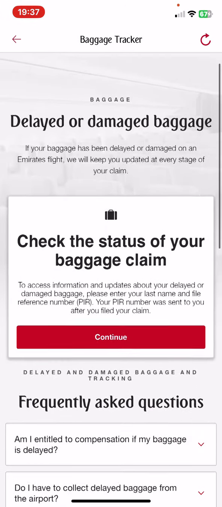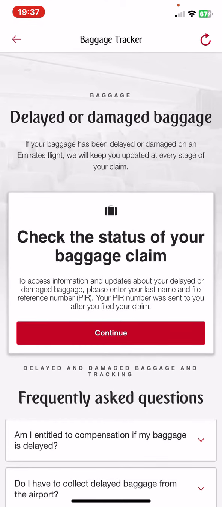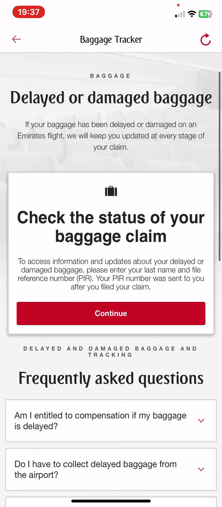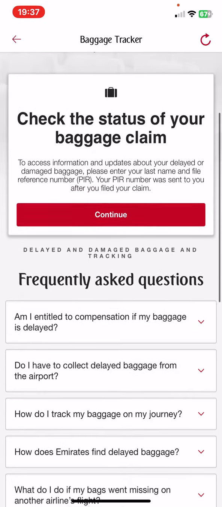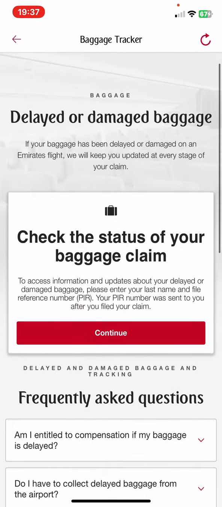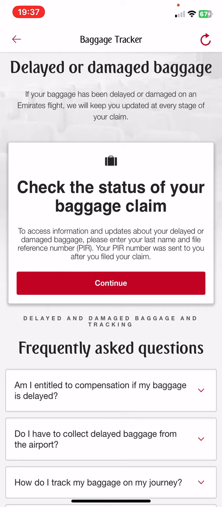And as you can see, this page will help if your baggage has been delayed or damaged on an Emirates flight, and they will help and keep you updated on every stage of your baggage. So click on the continue button,